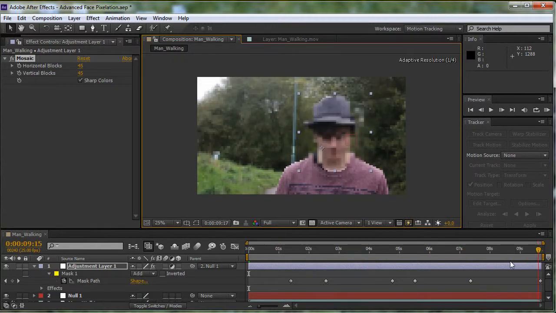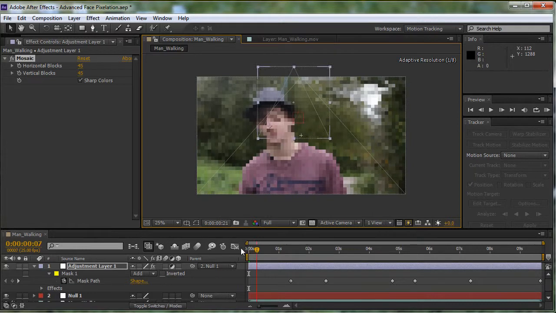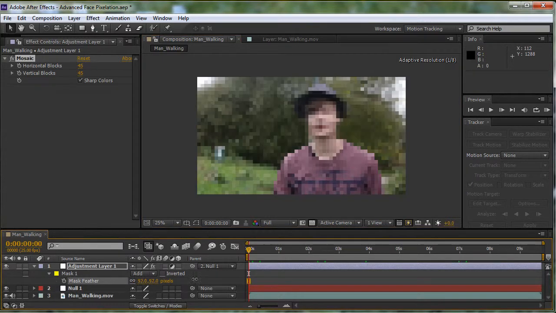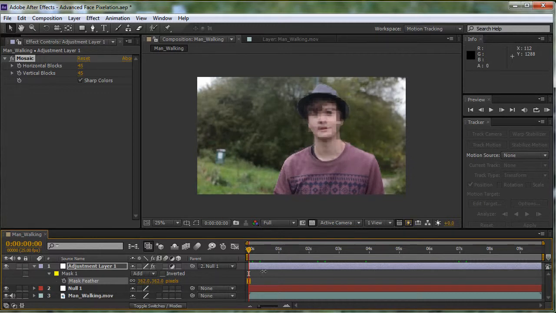And it's following the face, it's around this sort of area. We can adjust the feather so it's not too harsh. I like to use a feather of about 100. I mean, it depends on the size, but 74 to 100 is usually not too bad. And if we just play this,